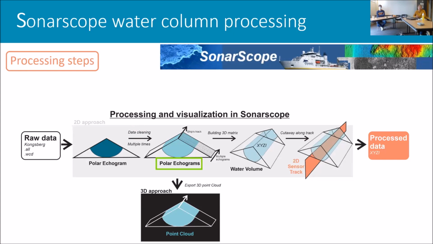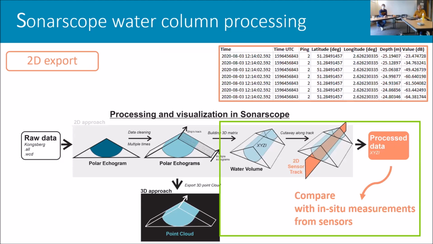Then in the next step of the processing chain, the polar echograms are stacked into a semi-3D water volume. And then there are two ways to process the data further. You have a 2D approach and a 3D approach. In the 2D approach, we first build a 3D matrix, and then we use the in situ sensor track, so the VPR track, to make a vertical cutaway here in orange within the 3D water volume. And as a result, you generate a 2D slice with georeferenced decibel values